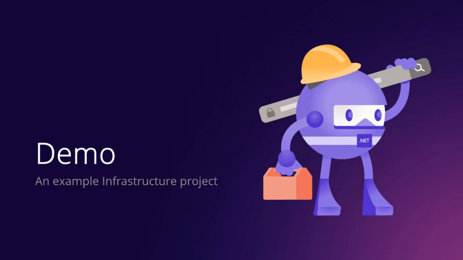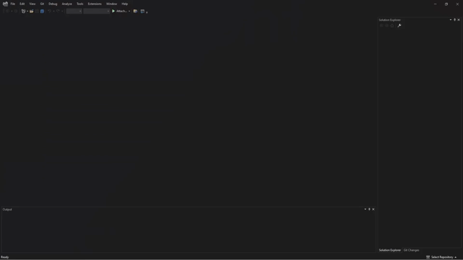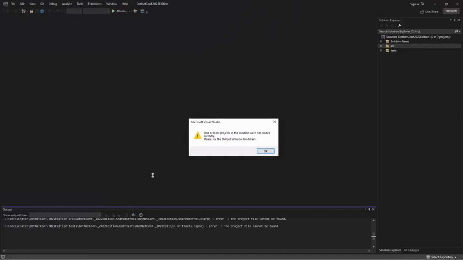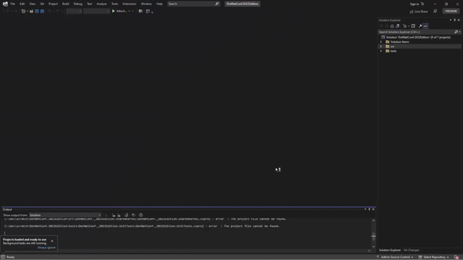All right, so now let's take a look at the infrastructure project. And at this point, I'm going to go ahead and open this up with Visual Studio. So let me just open project or solution. And we'll go find the .NET Conf 2022 edition. Uh-oh.